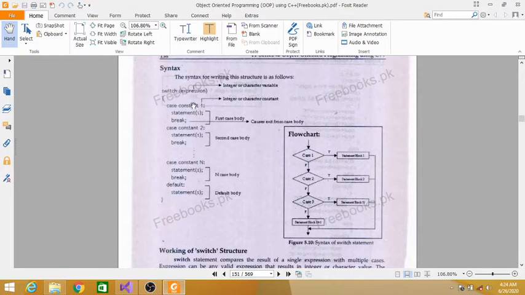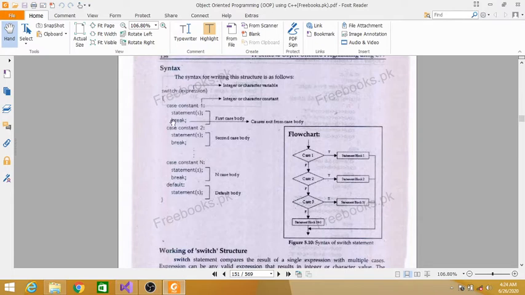If our expression does not match case 1, then the control will jump to this second case, and if our expression matches this case, then the statement under this case will be executed, and after that break will take the control out of the body of the switch statement.